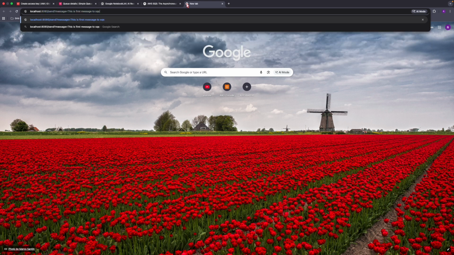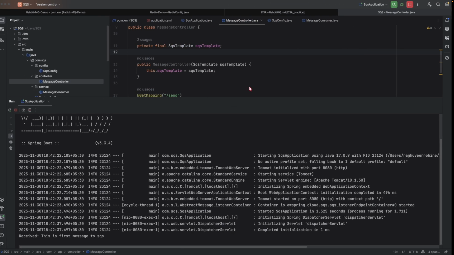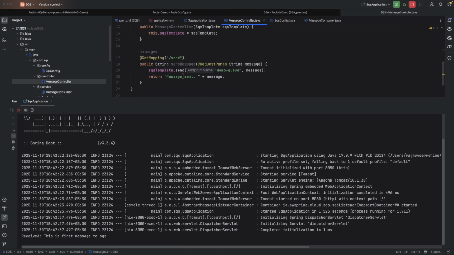Okay, so I have already added it. So we have sent a message. So message sent, this is the first message to SQS. So now this message, I have sent it to our Spring Boot application as a client. Now that message will be received over here, and then it will be sent to the